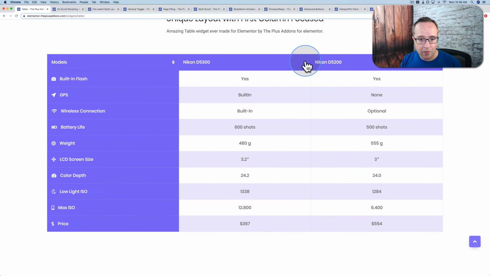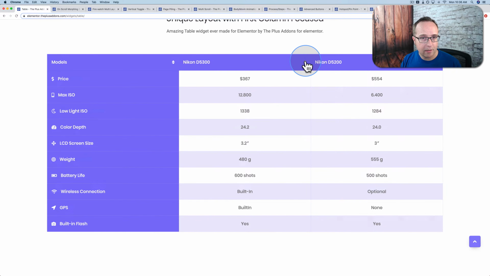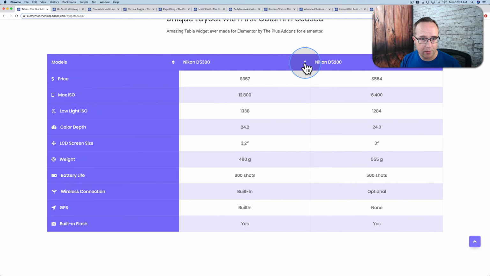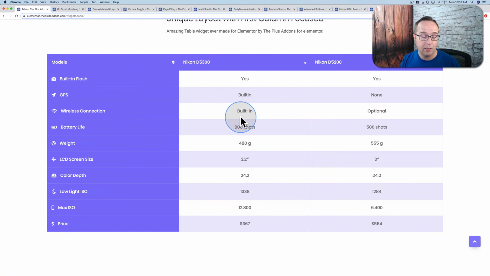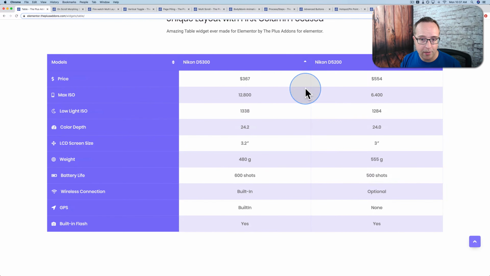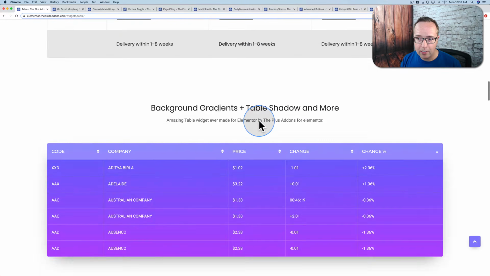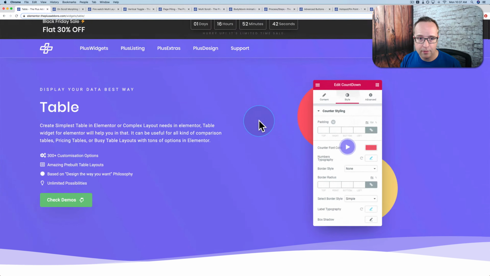We have sorting for this table, which doesn't make too much sense, a table like this, because we also have text in here, and we're also comparing different things. So sorting is not something I do on this table, but you can do it on any table you want. As you can see, it sorts alphabetically or reverse alphabetically, depending which way you sort it. So if we go back to the top, let's check out the next area,